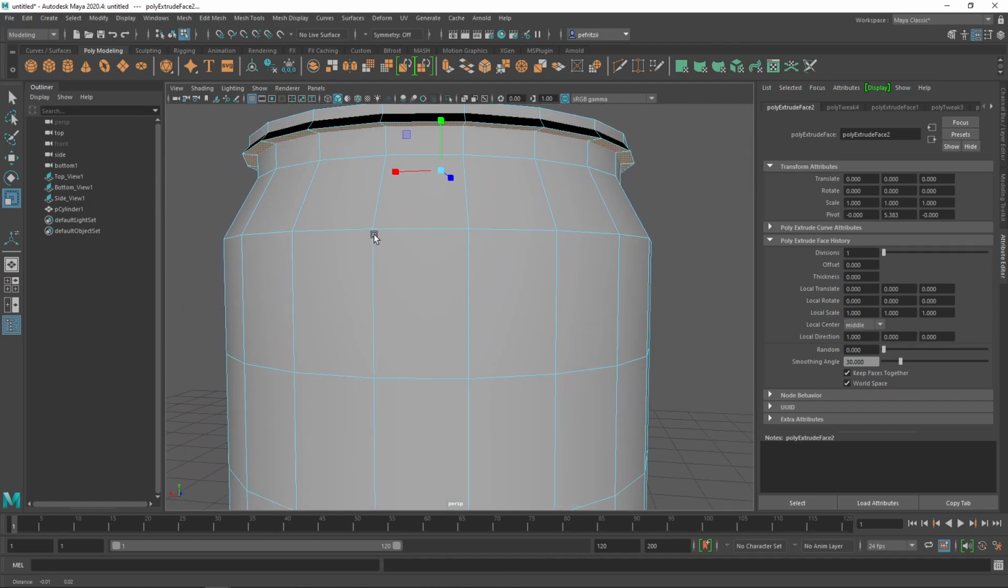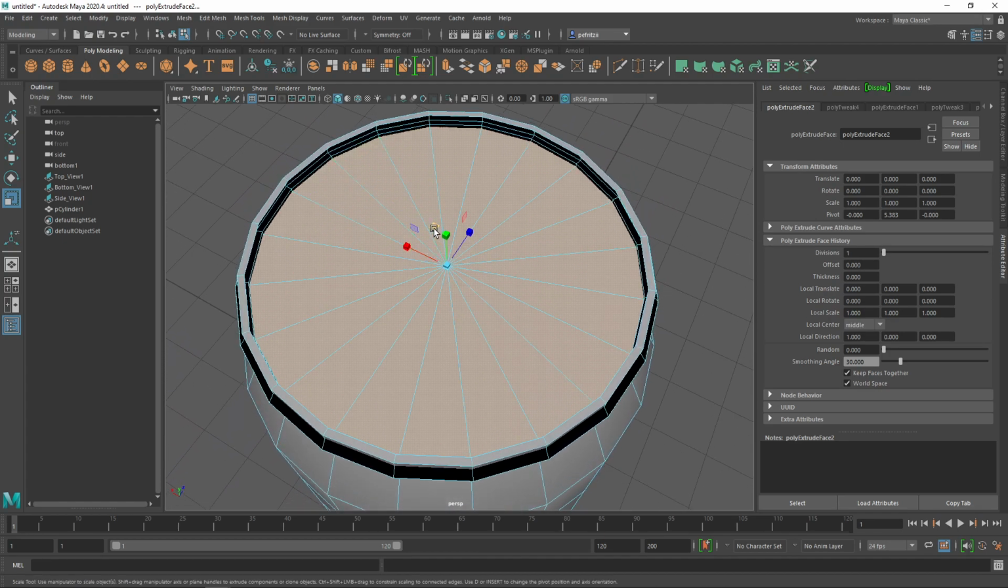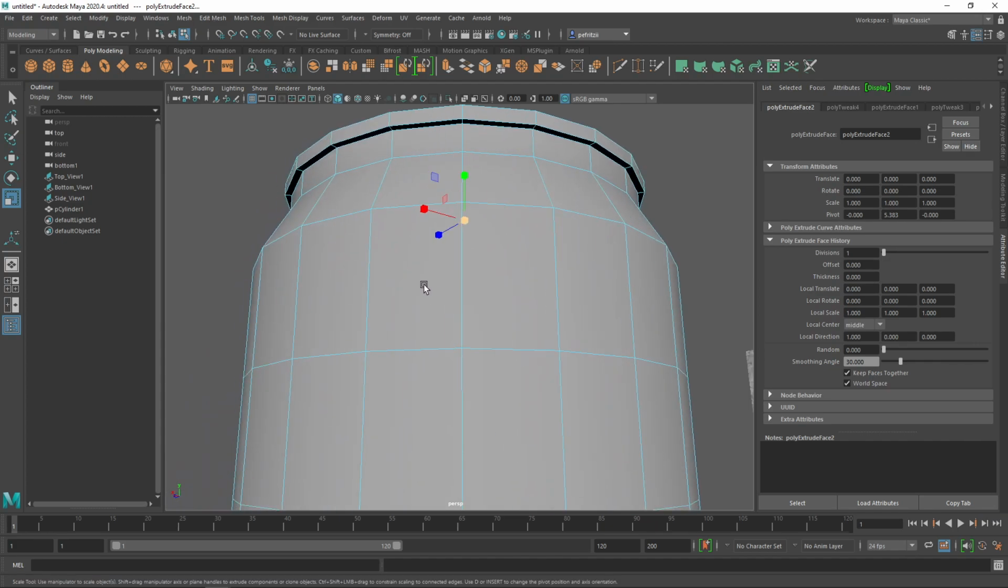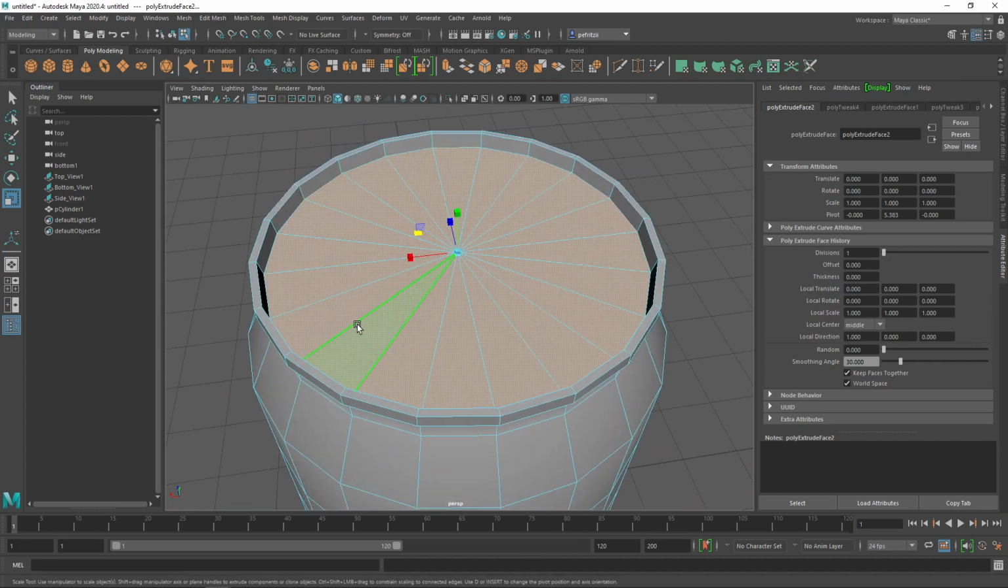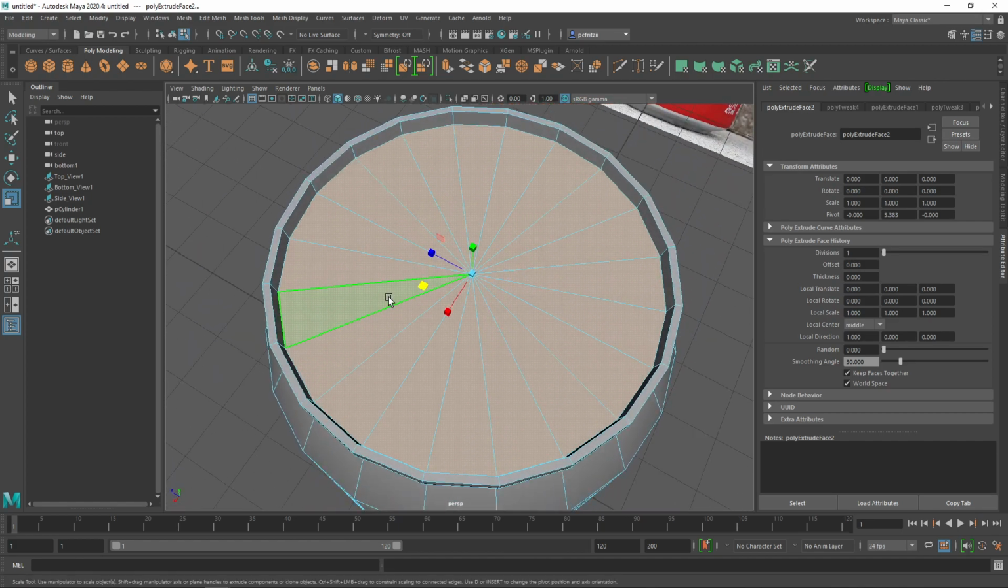Just a little bit until I get, okay. So I get rid of those, and I think that'll be all right there. Okay, so now we got the first part of our can pushed down, and this rim goes down a little